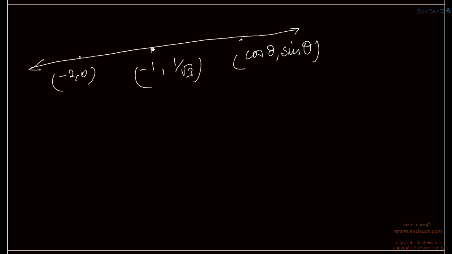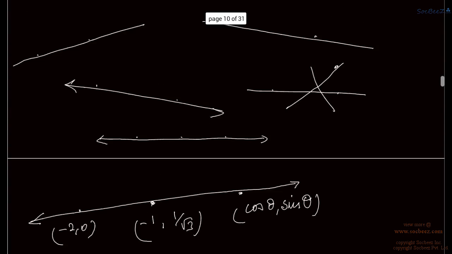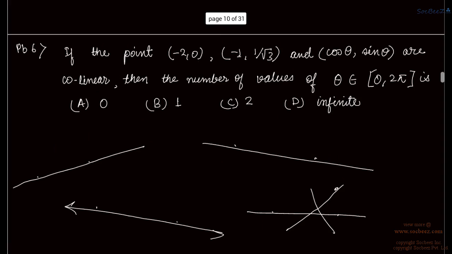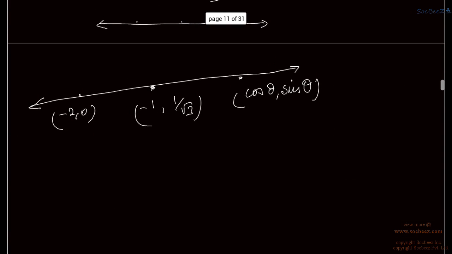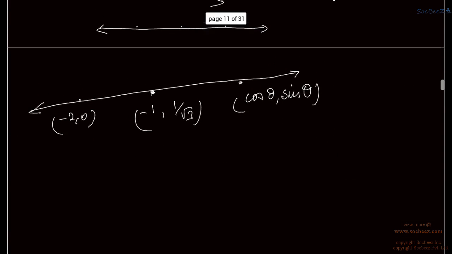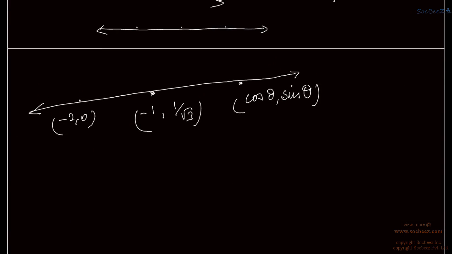All these 3 points are collinear, which means these 3 points lie on a straight line. So we have to find the value of theta. The range of theta is given: theta lies between 0 to 2 pi. So we have to find the number of values of theta between 0 to 2 pi so that all these points are collinear. So since these 3 points are collinear, we can say that the area of the triangle made by